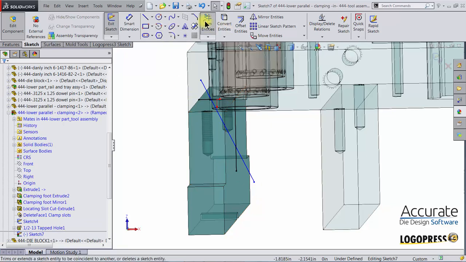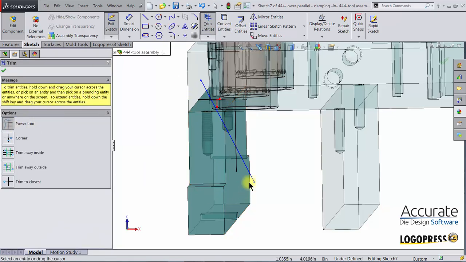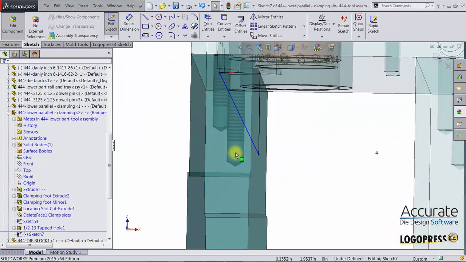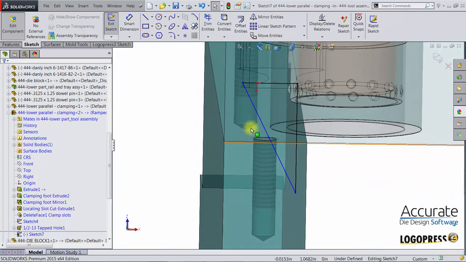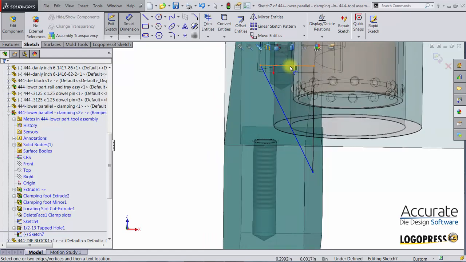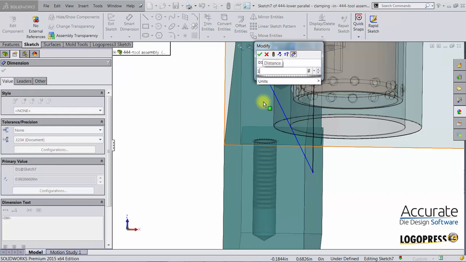and then go to Trim Entities, Power Trim, and just click and drag a crossing across the areas that I want to trim. Something like that. And then get out of trimming. And then I need to add some dimensions so that I have long enough here to cover the slug opening. So I'll place a dimension here, say